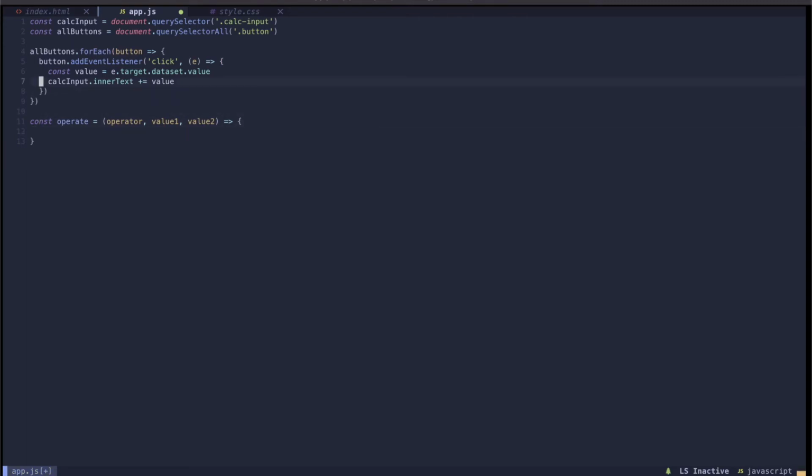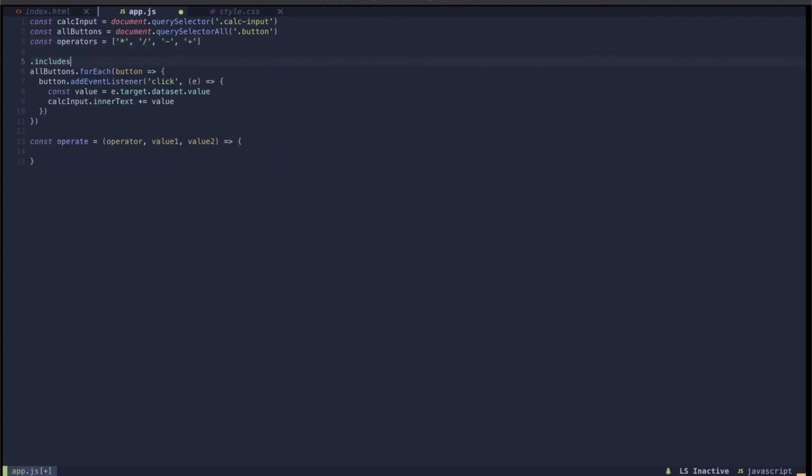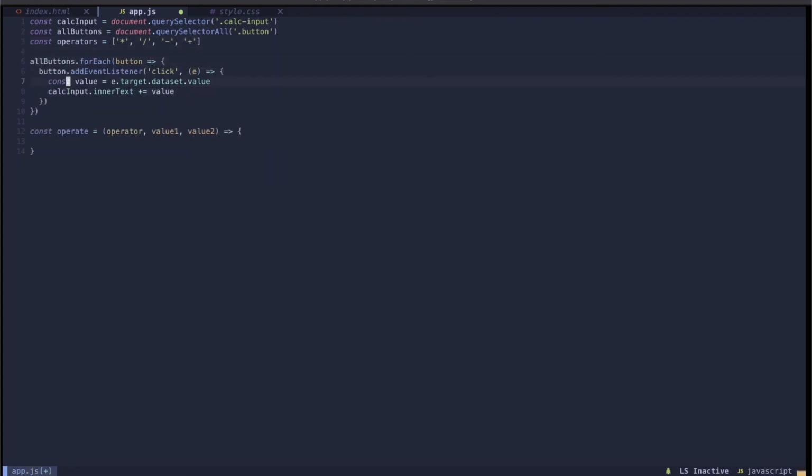And then, because what'll happen here is, let's do operators, and do that, we'll do that, and we'll do that. And I'm doing this in an array so that I can use the dot includes, and so that'll just make it a little easier. So